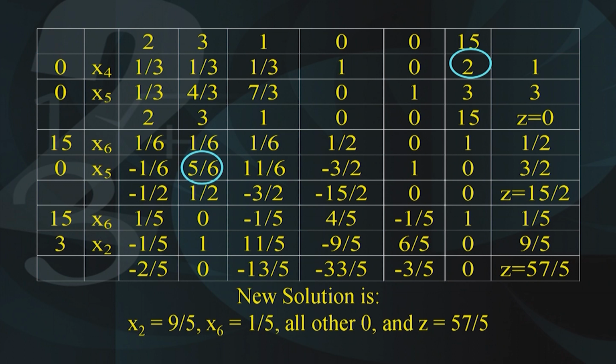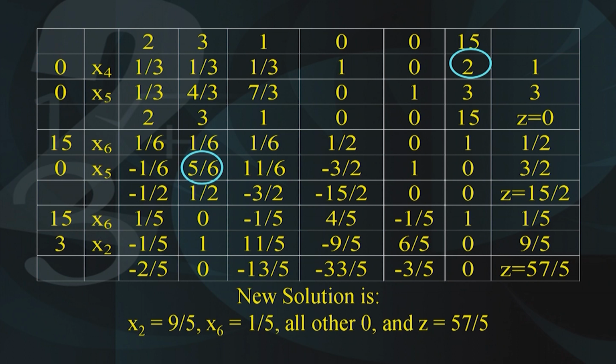Now, we find that there is one entry in these deviation rows which is not less than 0, which indicates that this variable should enter into the basis. And after applying the minimum ratio test, we find that 5 by 6 is the pivot element. Accordingly, we need to apply the elementary row operations, and we get the third table as follows.